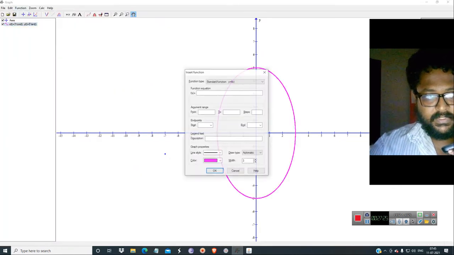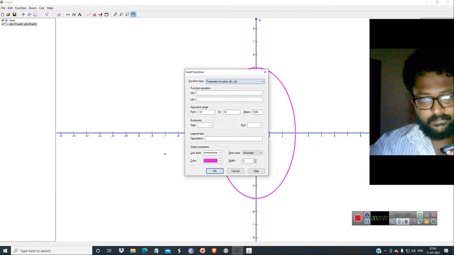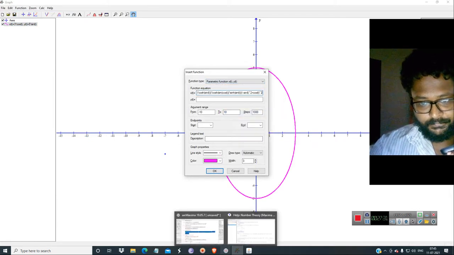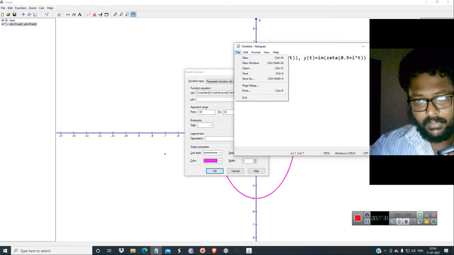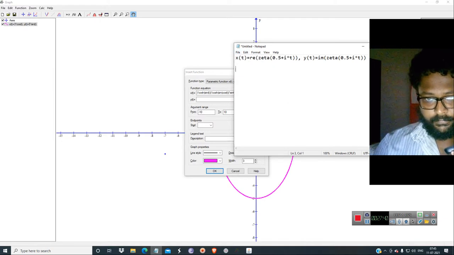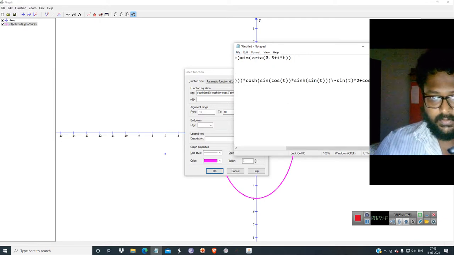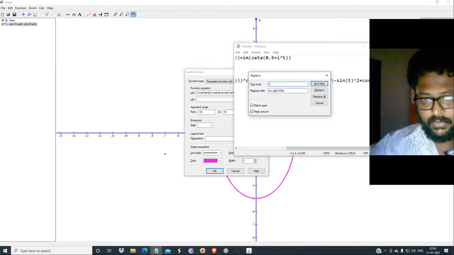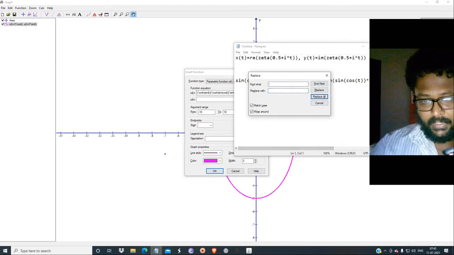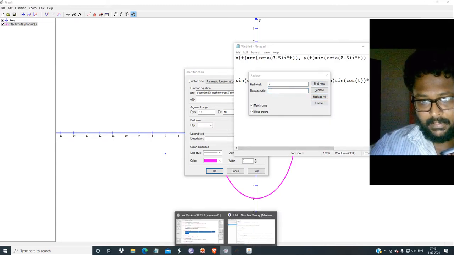So insert function, x of t, y of t, and just paste it and check first. Okay, no problem. Just paste it over here, press Control H and replace all those things.